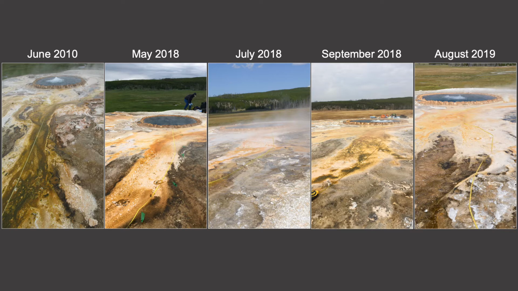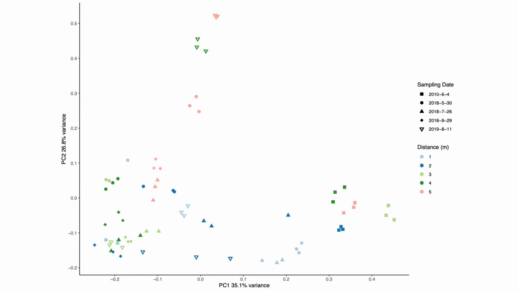To determine how this change manifested in the microbial community, DNA was extracted from the biological samples and the 16S rRNA gene was sequenced to better understand the microbial communities. These data were used to construct an ordination using a weighted UniFrac distance matrix to examine how the samples related to one another and changed. Here, one can see the results of the distance matrix, which allows us to see shifts in the beta diversity